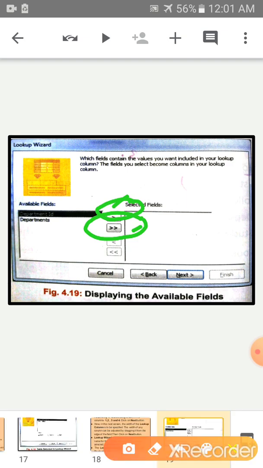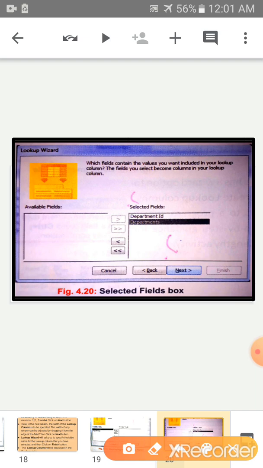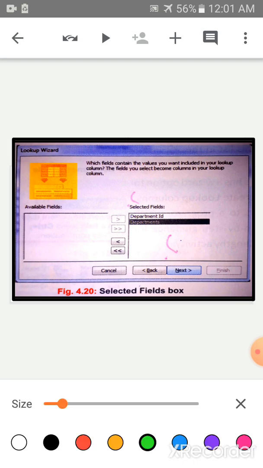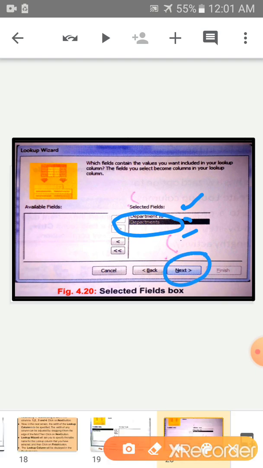Now children, next screen is selected field. Children, selected field is department and this one is departments. You have to select this one. Then click on next button.